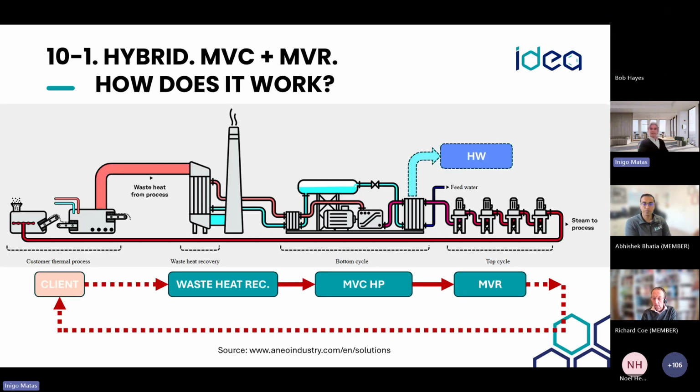Okay. Another one, which is a combination of the ones that I have explained so far. What we can see here is that there are cases where maybe we will be doing hot water, but in many industrial processes we need steam. The MVC, mechanical vapor compression heat pump, is going to be very good for giving us maybe that 80 degrees, but when we go to steam temperatures, it's not as efficient. So in those cases we can cascade.